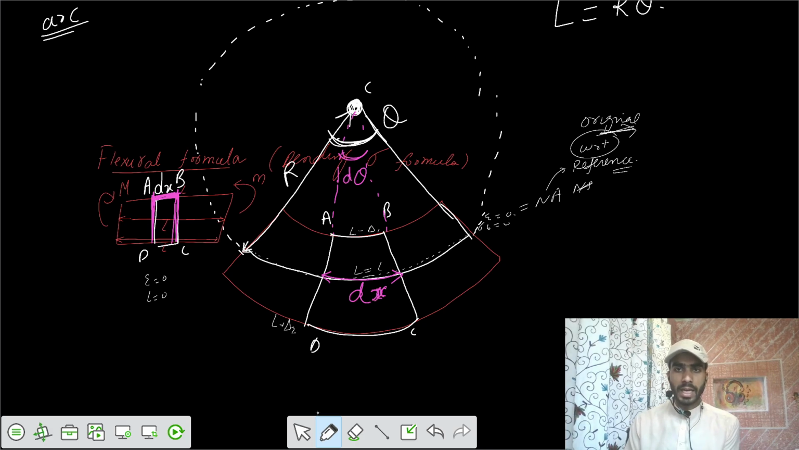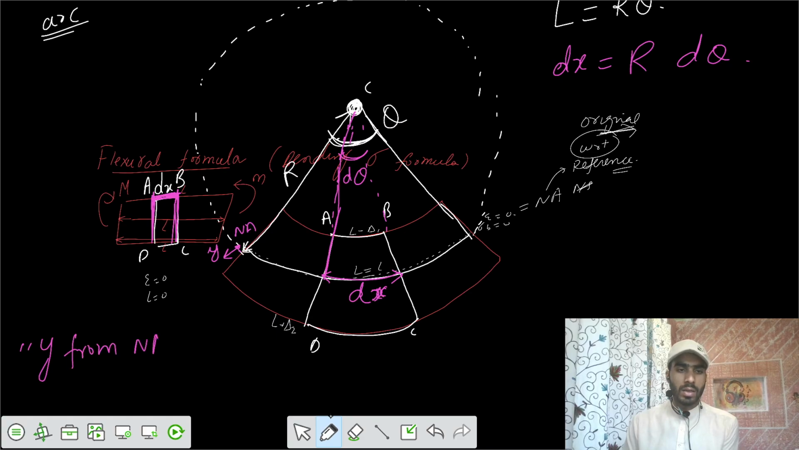Can you say what the value of dx is? This one is also radius r, so dx equals r d theta. Now if you want to go from the neutral axis to a point at a distance y from the neutral axis, a point y away from the neutral axis,